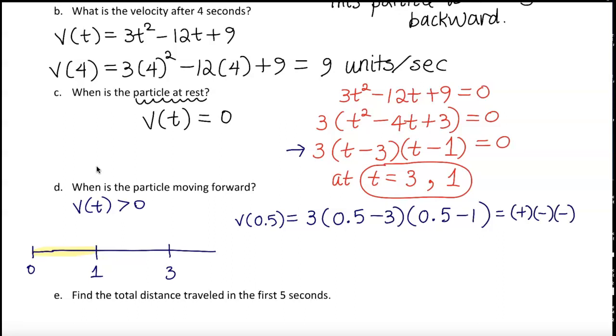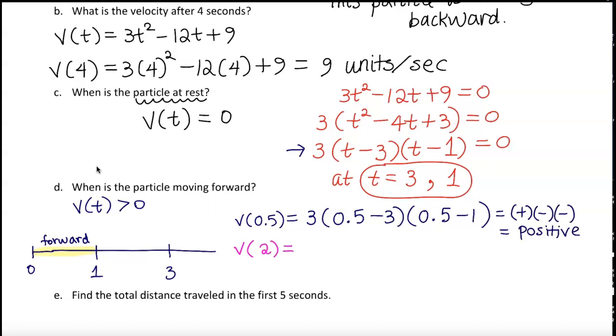So this is a positive, right? Because positive times negative is positive. So velocity in between 0 and 1 is positive. So this is moving forward, because the velocity came out to be positive. Assuming that we don't know anything about multiplicity and the behavior at the x-axis, let's just go and plug in